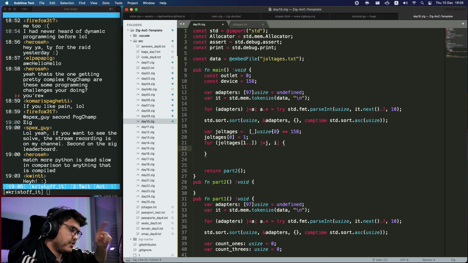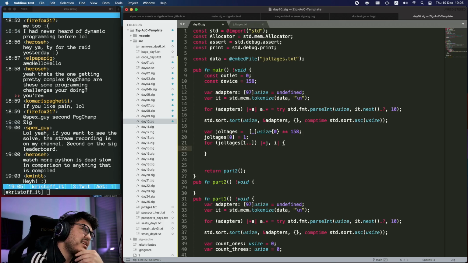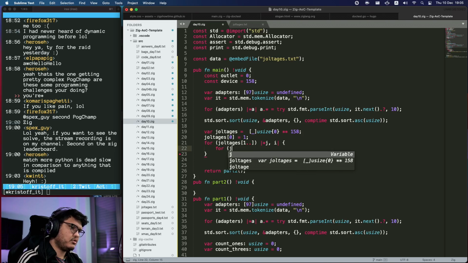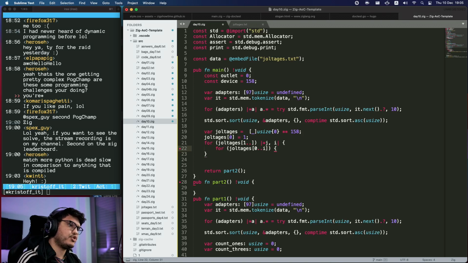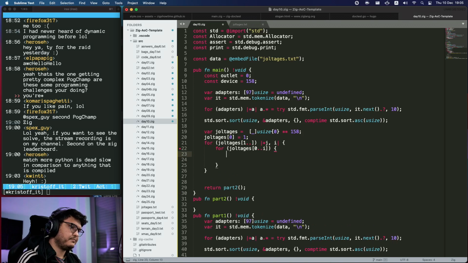So we can follow the adapters, I think. I think we can do either. It doesn't matter which we decide to follow. So the idea is going to be, for joltages that go from 0 until where we are now, not included, to get to our joltage is going to be